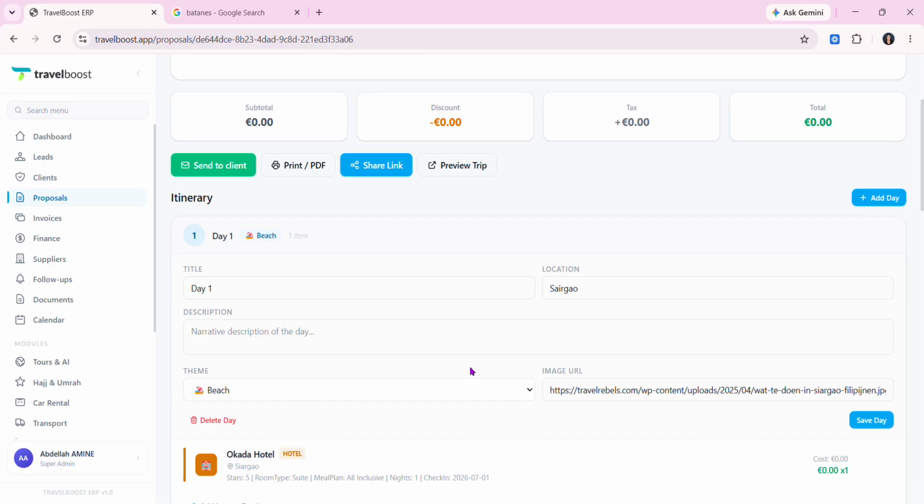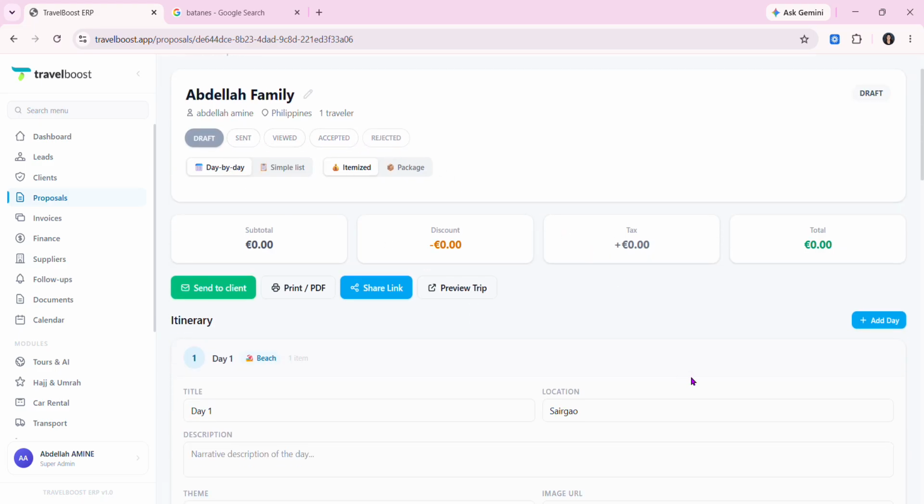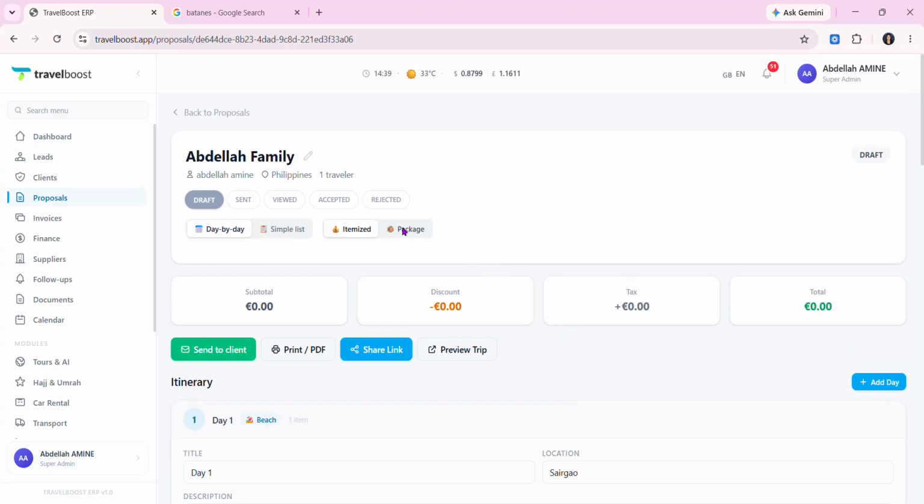From here you can edit the proposal, track its status, which is this one, change the itinerary layouts between itemized or package pricing, manage discounts and taxes as well, automatically calculate totals, and then monitor your profit and margin before sending the proposal.